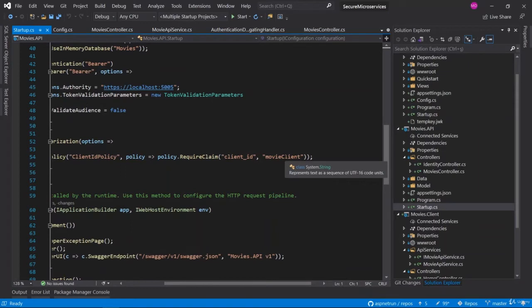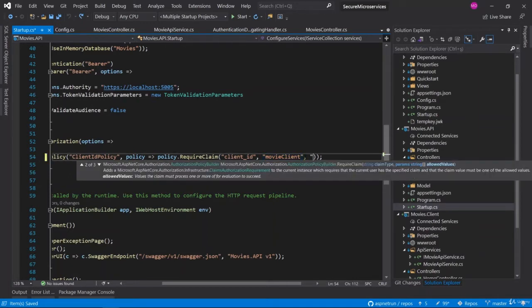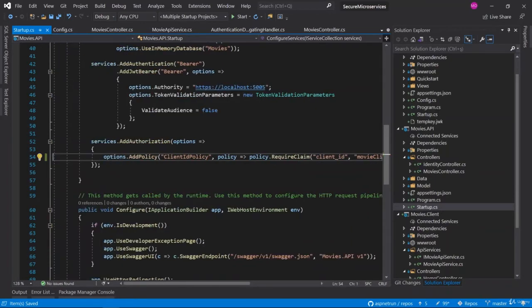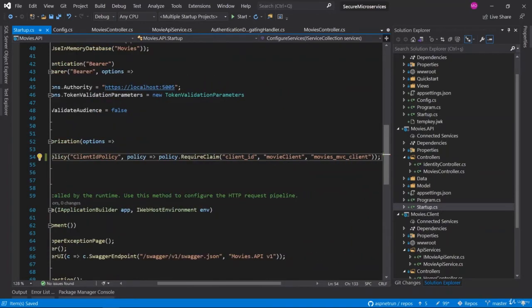But this time we have combined our applications with the MVC client, so we are going to modify this one, or you can directly add one with a comma and add one more client. This time I would prefer to add one more client for the client ID restrictions.